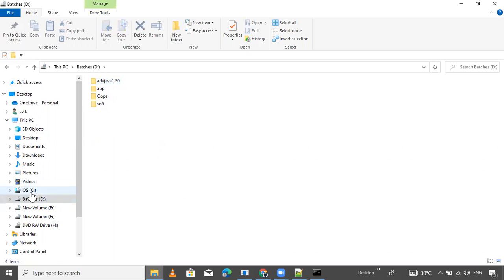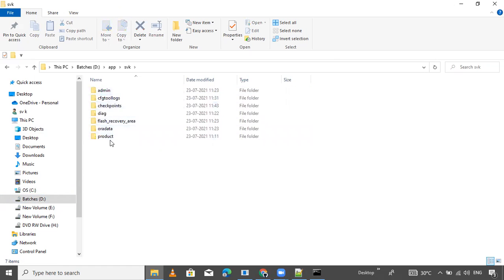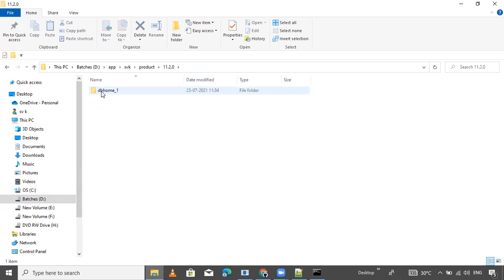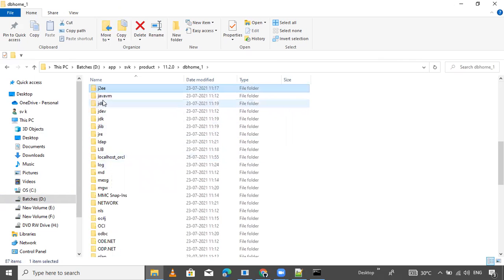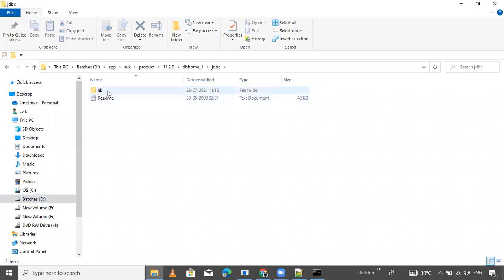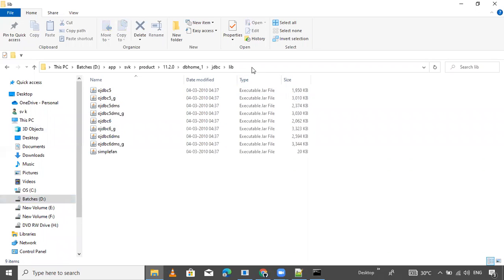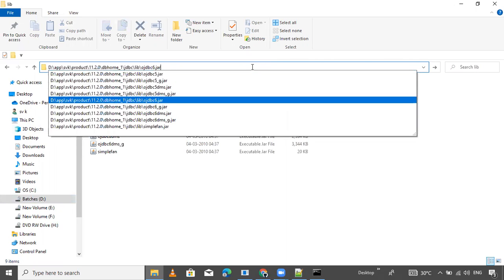In your system it may be installed in the C drive, but in my system it is in the D drive: app, SBK, product, 11.2.0, dbhome_1, then jdbc and lib, where the JDBC jar is. If you set this jar as permanent, you will not need to do this manually.